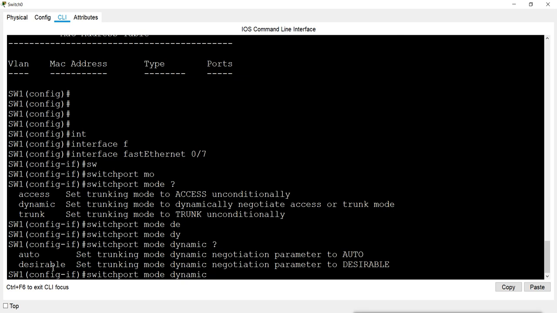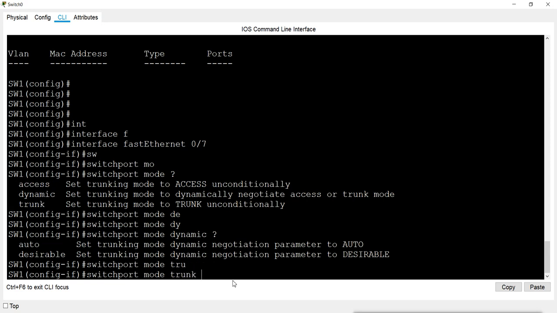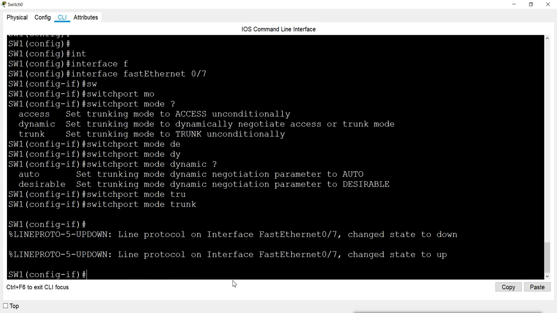So we convert ports into access when we add them to a VLAN, and if we want to convert them into trunk, we purposely say switchport mode trunk. This is changing the port into trunk manually.